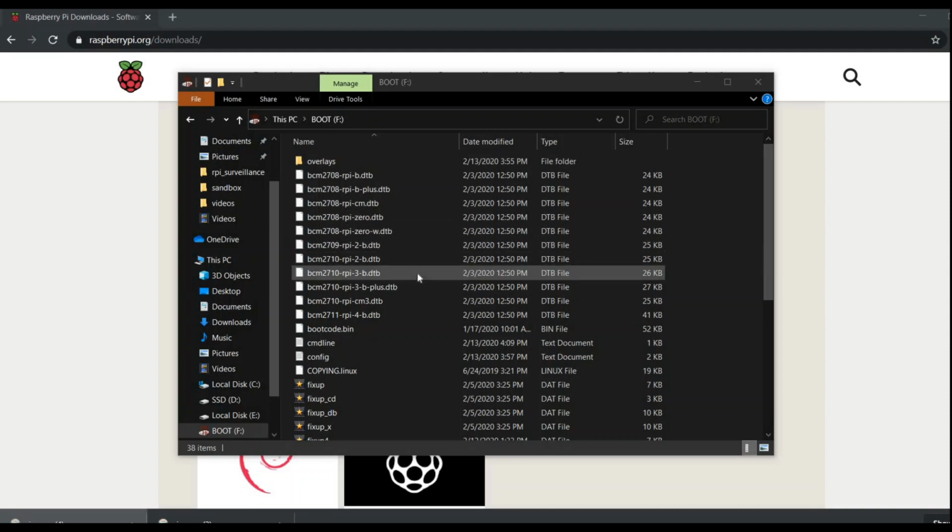Now here in this directory, we will be creating two more files. One file for enabling SSH, another one for enabling the network. This is required because when we power on the Raspberry Pi, the network will always be connected to our Wi-Fi system and we will be able to do SSH onto the Raspberry Pi. So for that,